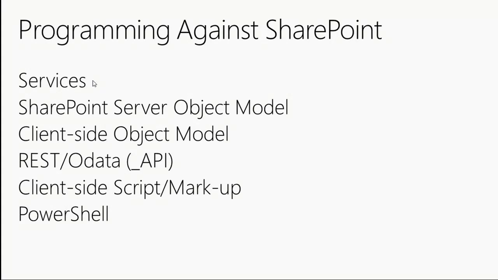So if you think about the different types of things available to you, different artifacts, services, when I'm talking about services here, I'm saying timer jobs, Excel Services, the inbox services that you can leverage. The SharePoint Server Object Model, you will only use this if you're building farm-level solutions. Okay? Client-side Object Model and the REST API, you will use those if you're using client-side, like Silverlight apps, or if you're using the Office 365 app model that I just showed you. You'll use that a lot.